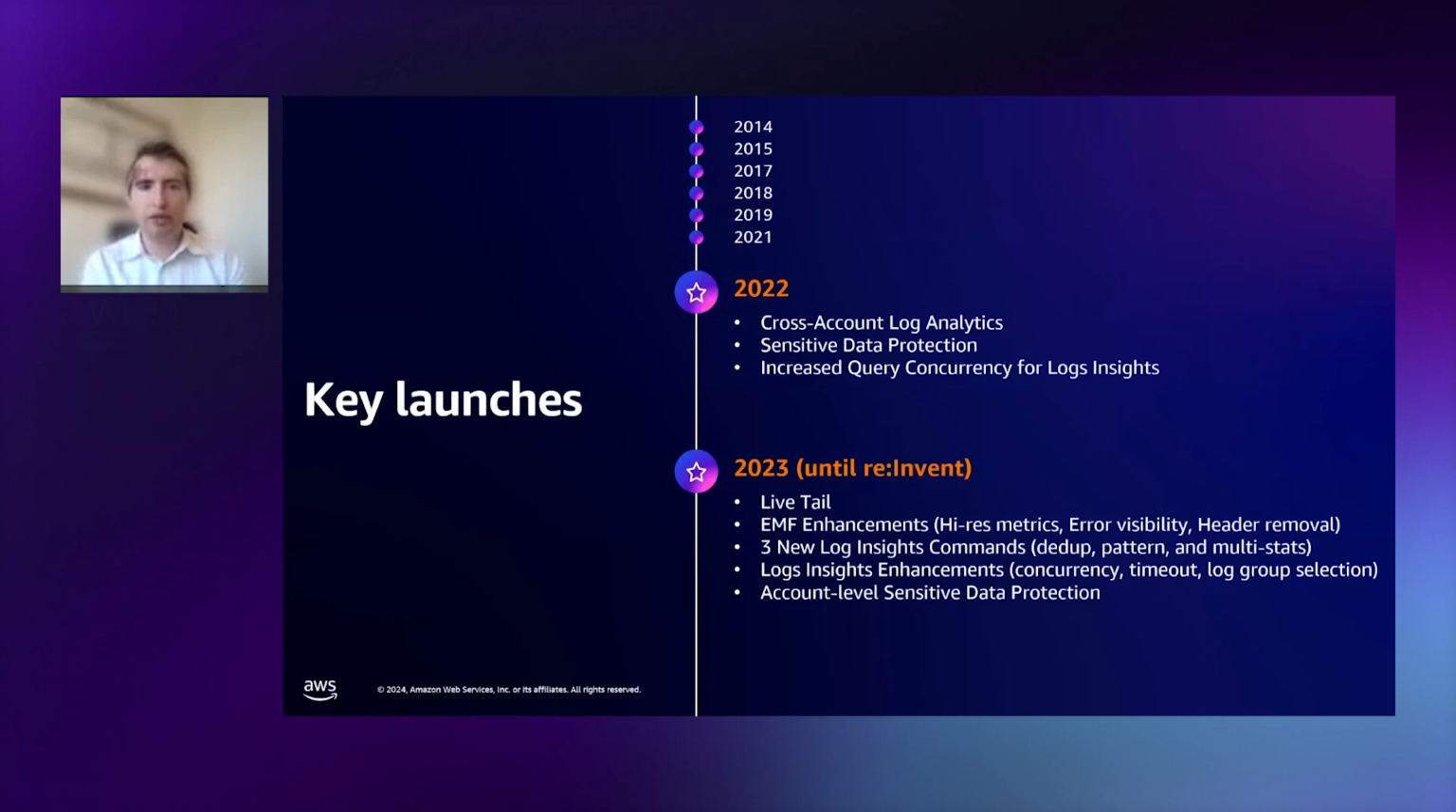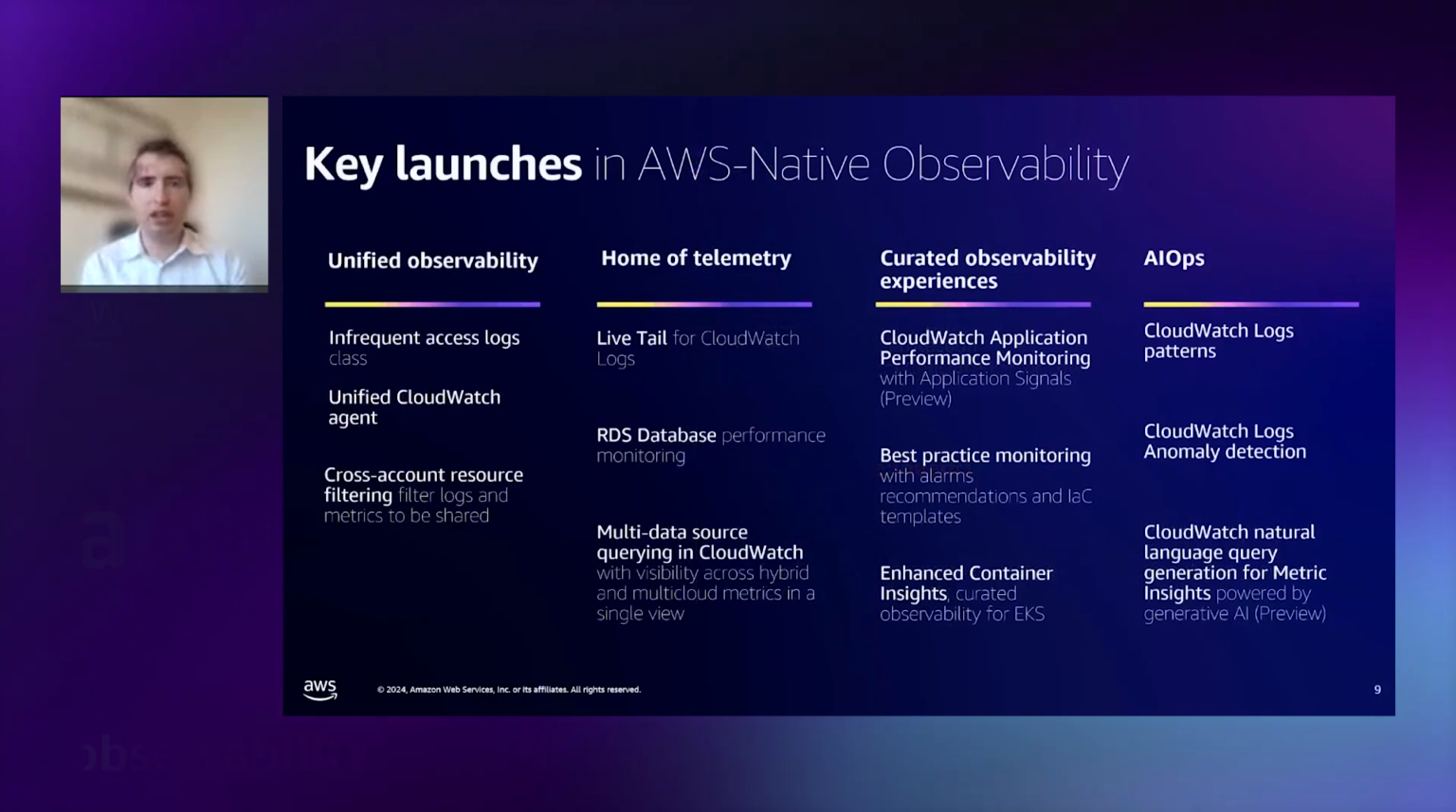And really excited that in 2023, this past year, we've had over 10 launches across a variety of themes for customers that have been seeking a cloud native option to reduce their mean time to resolution. So, at a glance, we've improved the ability for unified observability with a new log class for centralized logging, as well as a unified CloudWatch agent. In terms of telemetry, with LiveTail for real-time analysis into your logs, we also have visibility in non-AWS resources for metrics. So we have metric querying for your on-prem and multi-cloud environments,